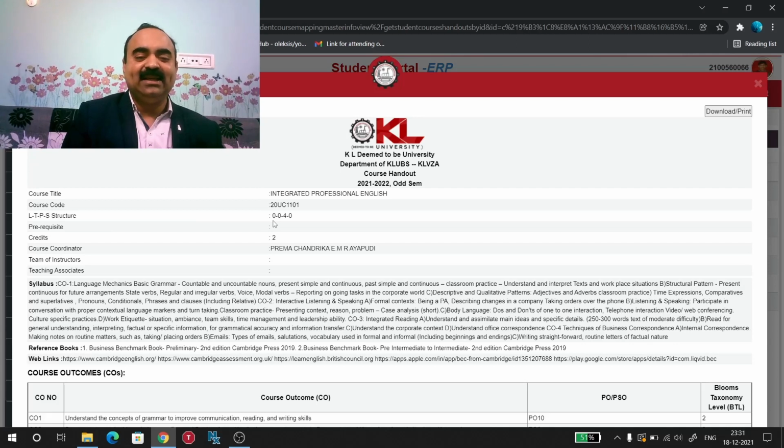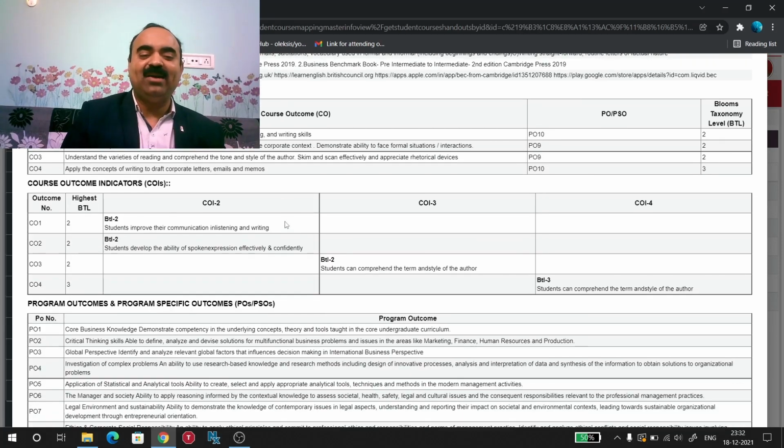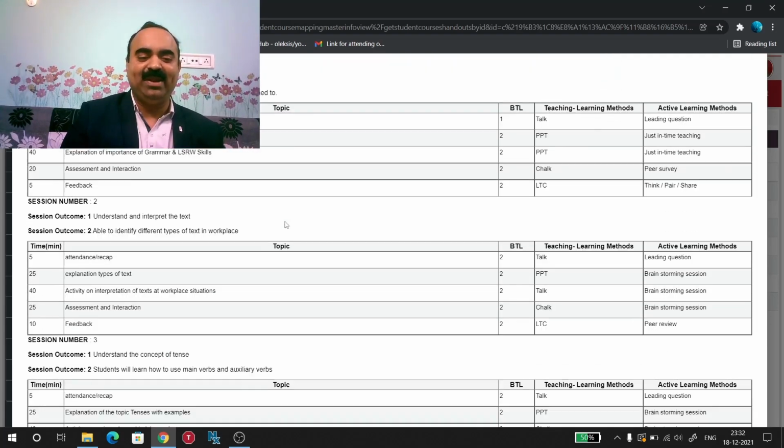That means the lecture component is 0, tutorial component is 0, but the practical component is 4 and skill component is 0. This paper or course is called a practical component course. Let us now see how the evaluation plan of the practical component course will be.